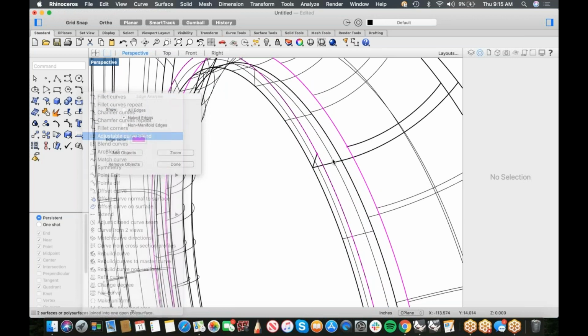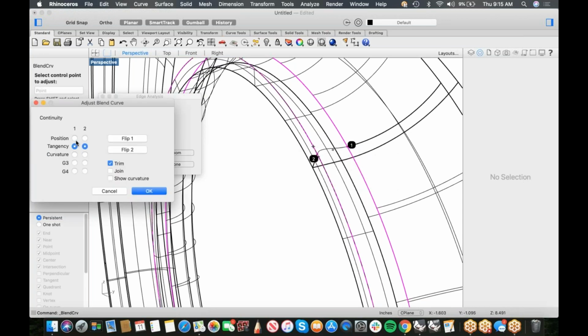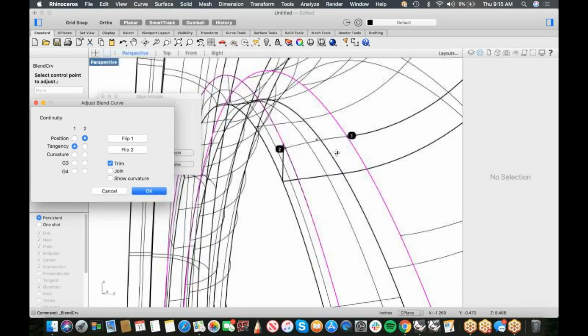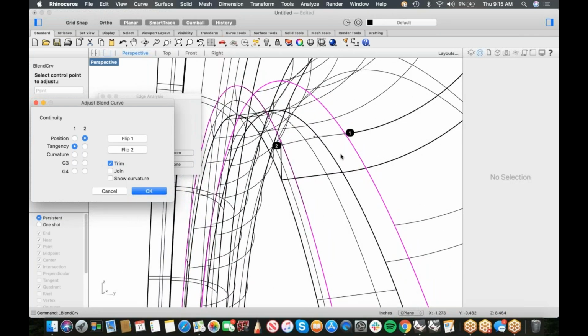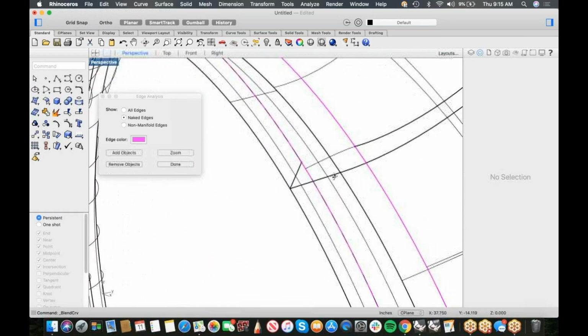Let's use an adjustable blend curve. And let's blend from here to here. Polysurface edge, and 2 is going to be position, and 1 is going to be tangent. And I'm going to just pull this tangency down a little bit, like that. That way I know I've got a really nice,